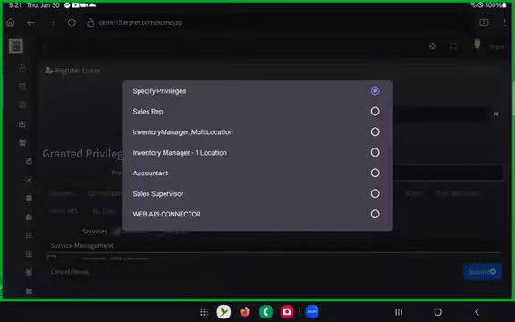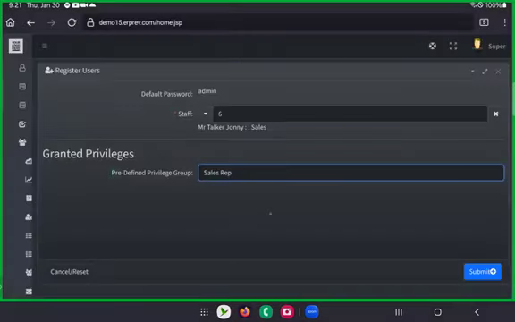If you click on this drop down, there are different roles that come preloaded with every new ERPRev account. So you can go ahead and select anyone. Just if I say sales rep, for example, the system already knows the privileges that a sales rep should have. However, if you want to know what has been configured for sales rep to have access to, so that I can add or remove things there,